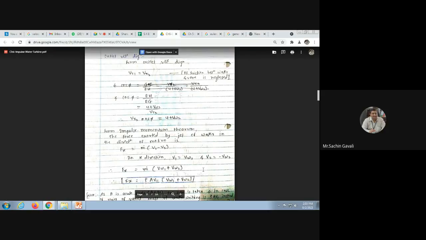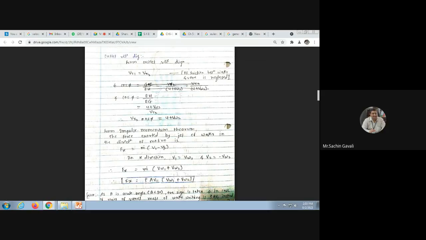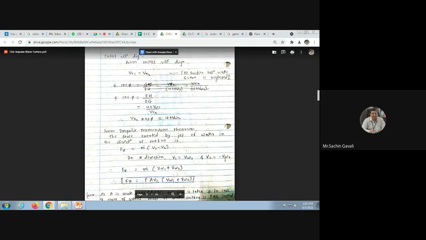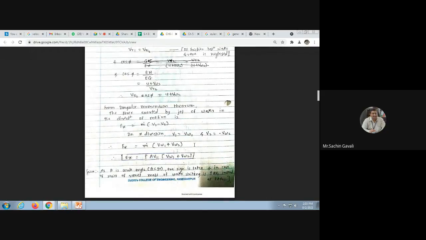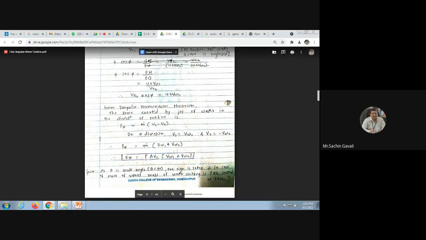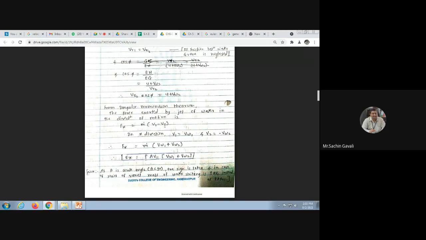Therefore, the formula for change in direction is m into V1 minus V2. Since V2 is minus VW2, V1 becomes VW1 and V2 becomes minus VW2. Okay, so the resultant: only in the x direction does the force act directly, the whirl component. Therefore m into VW1 plus VW2, minus minus becomes plus, and Fx is equal to rho a V1. Therefore m is the mass flow rate, for which we always use the formula rho a V1, into VW1 plus VW2. And W is equal to Fx into u. Therefore rho a V1 into VW1 plus VW2 into u. Okay, so this will be the power generation.